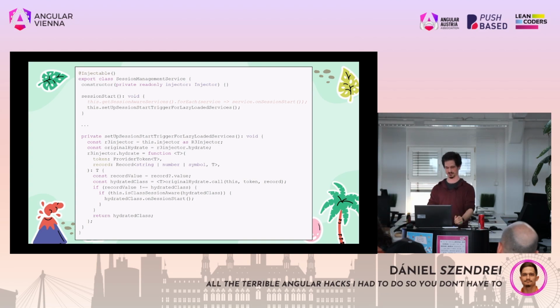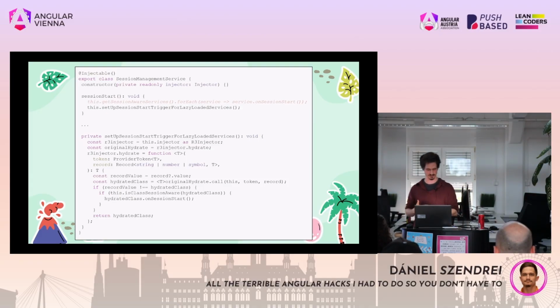And what it's doing is checking what the record value currently is on the injector, and then afterwards it calls the original hydrate function from the injector, and then checks if the record value is the same or different than the hydrated class. Because if so, it means that this is now instantiated, and we are basically in the on session start. So the session has already started. So basically it checks if the newly instantiated service is also a session aware one, and if it is, then it's calling